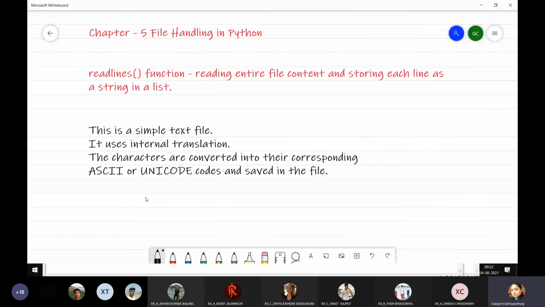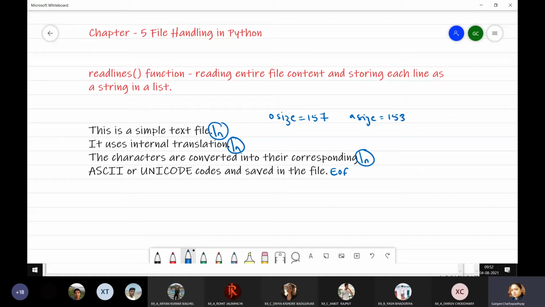Now, if you take a closer look at this file, there are 4 new line characters here. That is EOL characters, and here we have the EOF character, right? So there are 3 extra characters which are being displayed in the overall size. So overall size is 157, whereas actual size is 154, which is 3 characters less than the original size, which means that in the